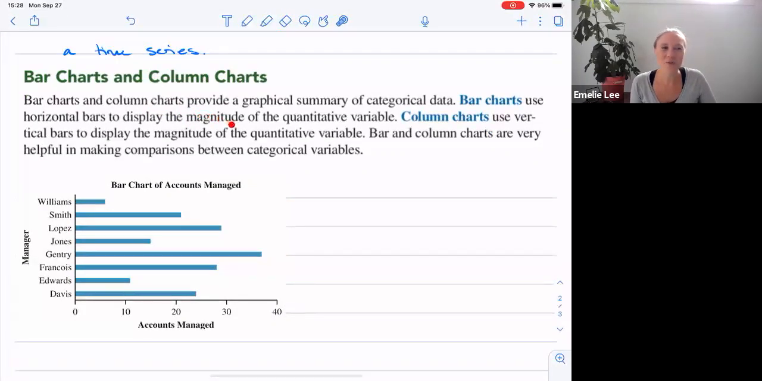So anyways, for categorical data, the most common visualization technique that we use is a bar chart. A bar chart is just a bar of the frequencies, right? And so bar charts use horizontal bars to display the magnitude of the quantitative variable. Now, the magnitude being the frequency or the count in each category. Remember from the tables, there's not a ton going on with categorical data. There's really just, hey,